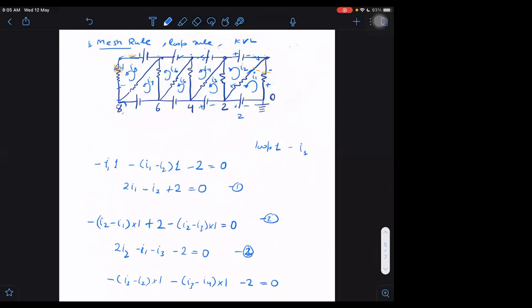For the bigger loop, start from 2. Go this side, it will become minus 2. Then go this side, minus I1. Minus I1, plus 2, minus I1. Then come to this side, plus 2, plus 2. Then come to this side, minus of I2, minus of I3, so I2 minus I3, I3 into 1, is equal to, at last, the same position, so 0. That is our equation if we want to write the equation for the bigger loop. Can we write the equation for the biggest loop? Yes, we can write.